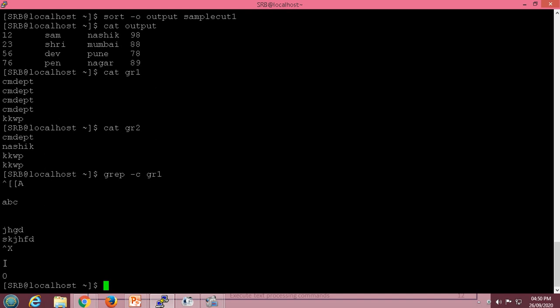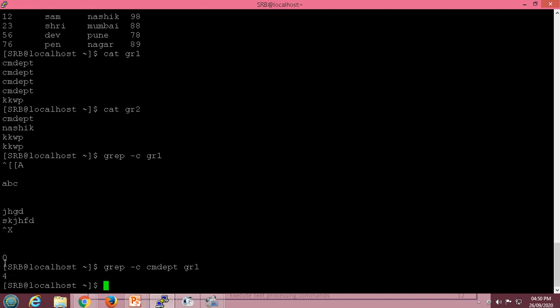So I will write that grep command again. -c, the pattern is cmdept, and the name of the file is gr1. So it will give me the occurrences, how many times that pattern is there in the file.